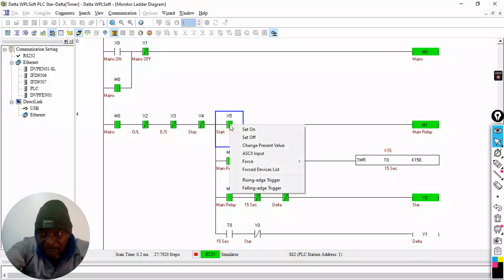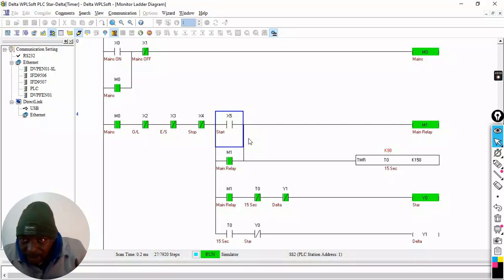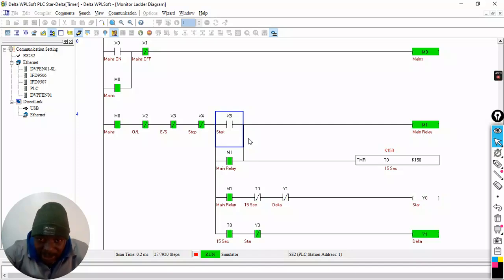So it's taking time there. You see your star is on, even though I released my switch. It's going to go all the way up to 150. It's still running in star. So the star contactor was energized. Now it has changed to delta. It can stay in delta until Jesus comes or the machine breaks,